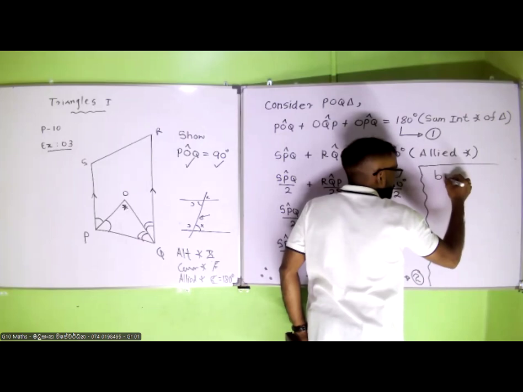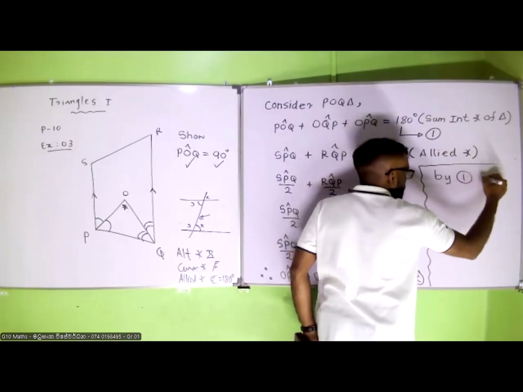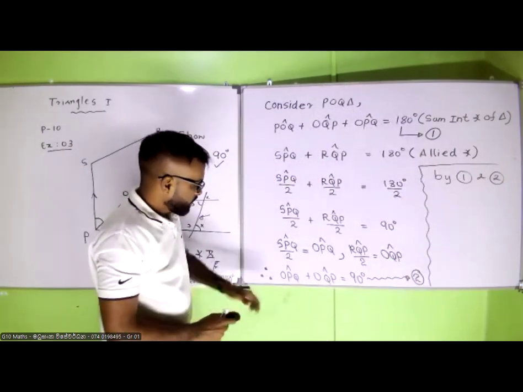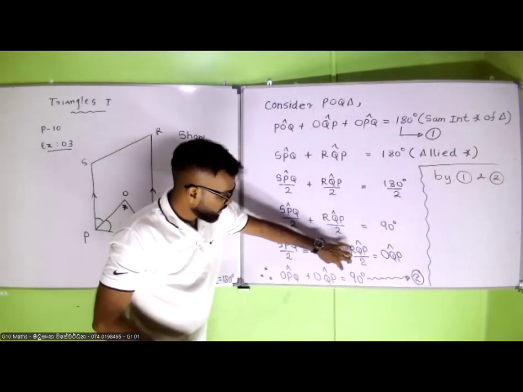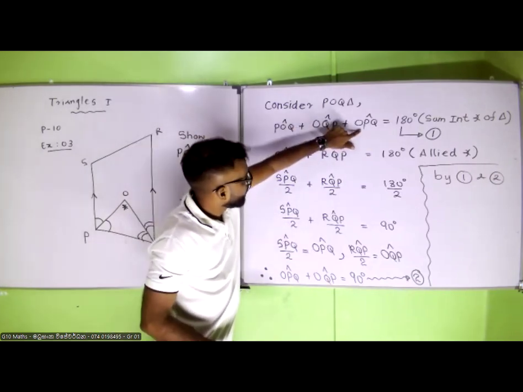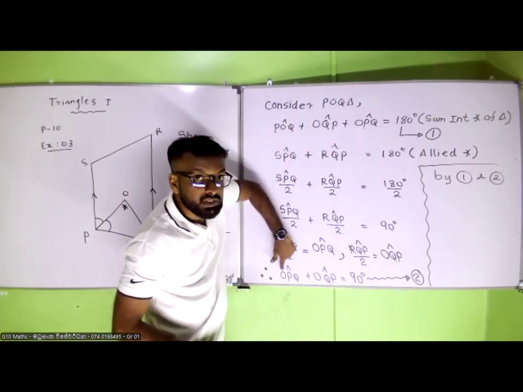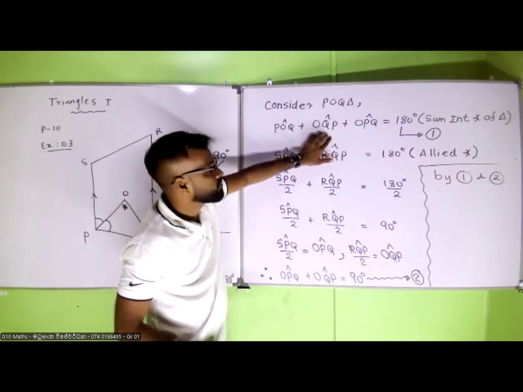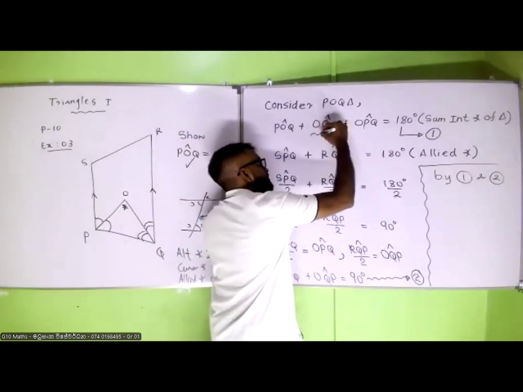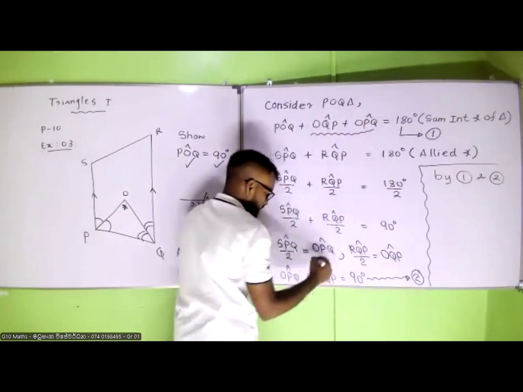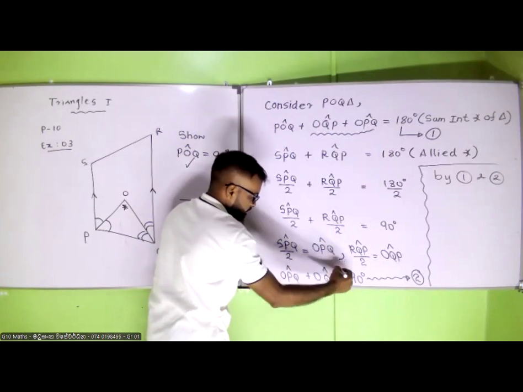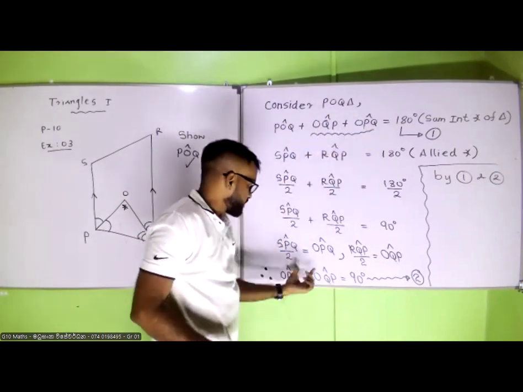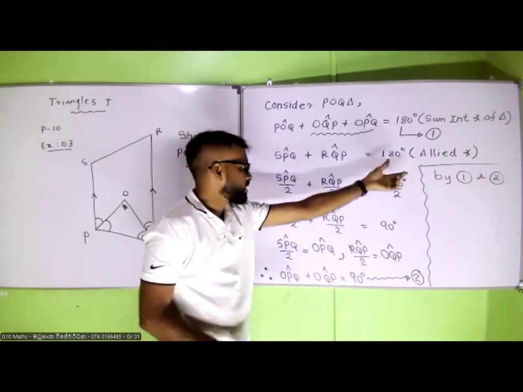So now finally, by 1 and 2, what can you see? OPQ plus OQP equals 90. OPQ is here, OPQ is here. OQP is here, plus OQP is here. The value of this one and this one summed will be equal to 90. So by using 1 and 2,